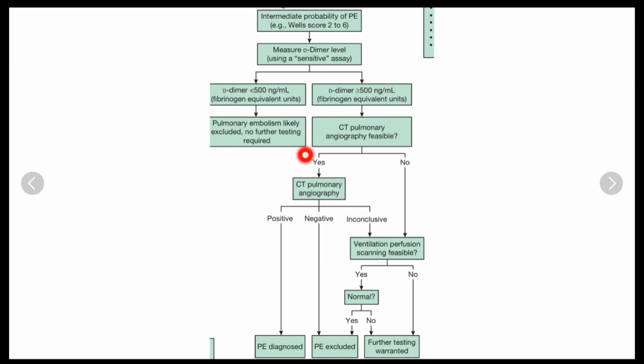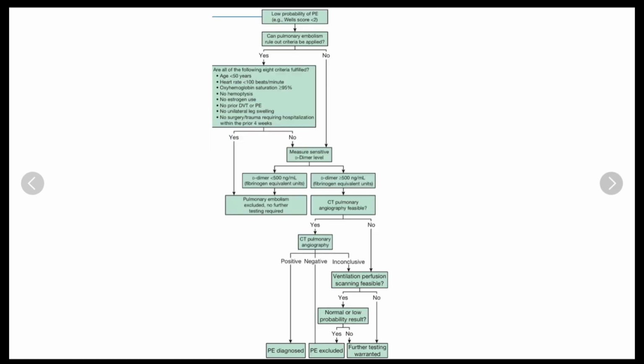If CTPA is positive, then it is diagnosed. If it is negative, then it is excluded. If it is inconclusive or CTPA is not available, then we will go for a ventilation perfusion scan. If it is positive, then it is diagnosed. If it is normal, then pulmonary embolism is excluded. If it is not normal, then further testing is warranted, or it is not available. In both of those cases,